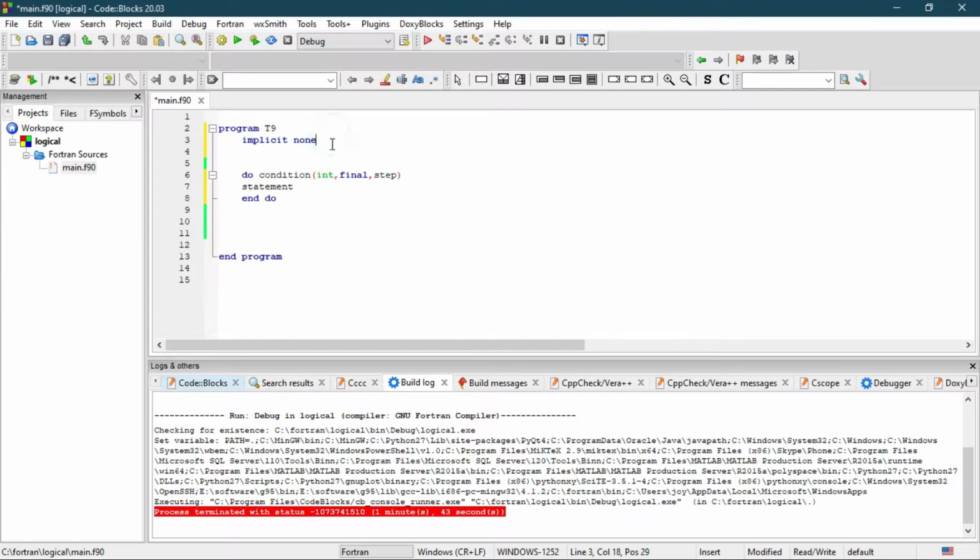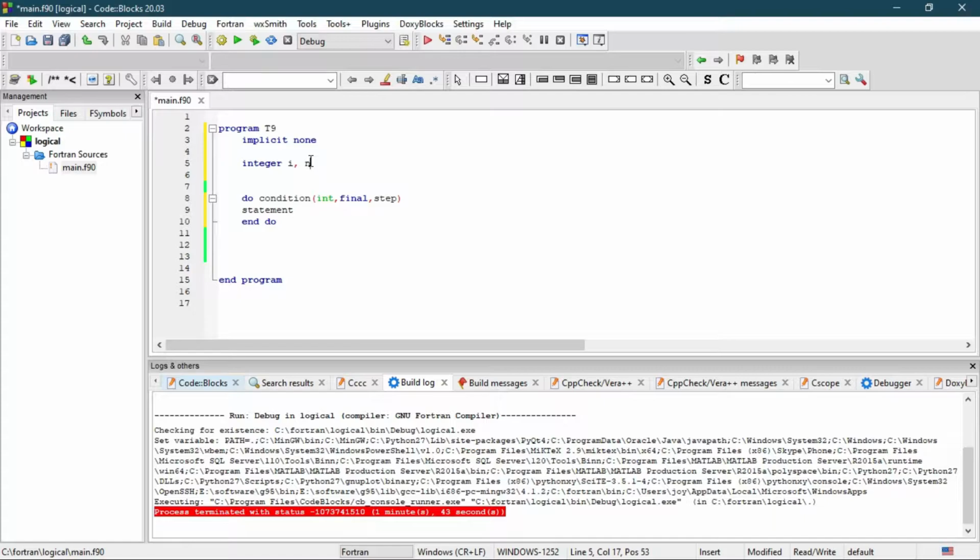So now let's write a program to print all the values from 1 to 10. But one thing, the variable for which the do loop runs must be of integer type. So just write integer. Now I is the variable we are going to use to run the do loop, and we need a final or boundary value for I. So say it is n.